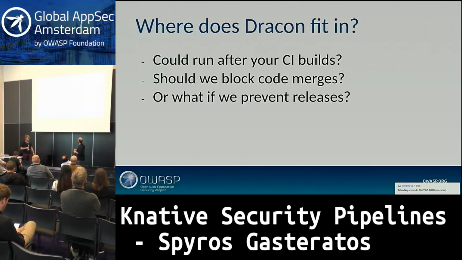And yeah, so after we built this, we had a major discussion with several high-level people in the company, trying to figure out where this thing fits in. So the answers were pretty much something like that. You could run it after your CI build if you want. It fits anywhere. It can be used as a linter, or it can be used as an early warning system. It can be used even on your release cycle if you want, although that would be very late.